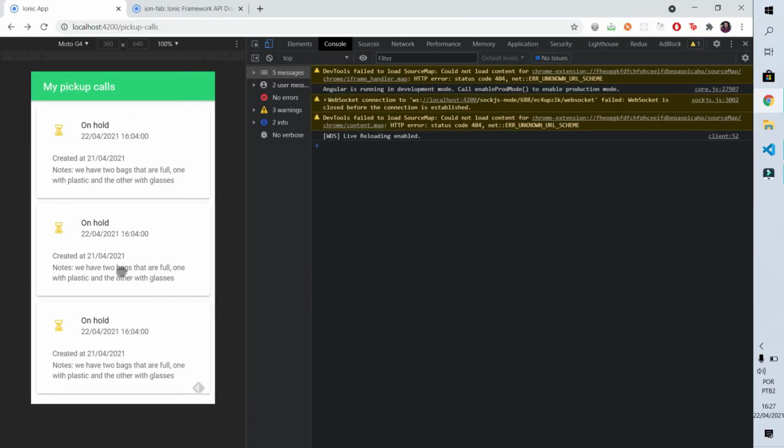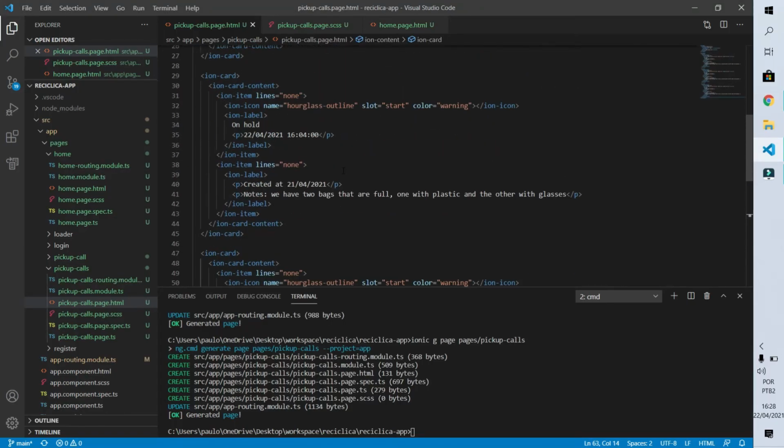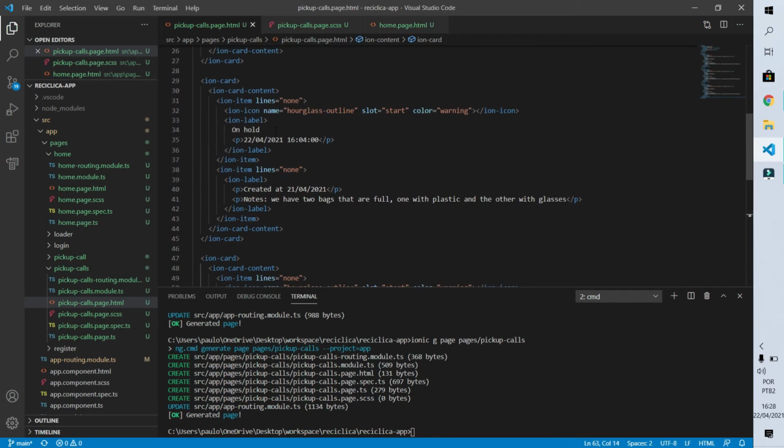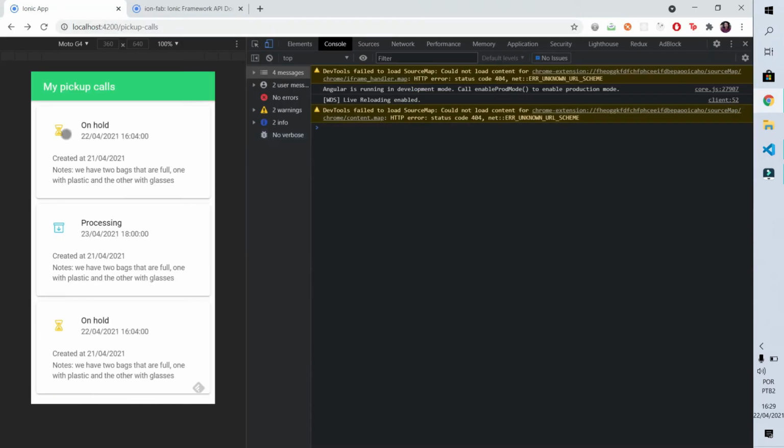Now we will modify some information of each one of them in order to have the 3 statuses, alright? Let's move to the second card. First we'll modify this one by saying that it will be in the processing status. I mean, the collector of the recyclable material went to the location of our partner, calculated the weight of the recyclable material and put it inside of the truck. To improve the differentiation, I will inform here that we will use the archive outline icon. And this icon will have a different color also, which is the secondary color. I'll also change the time and date here that it was done. Let's see how the card looks now. Cool, right? You can see already perfectly that it's different from the other card.